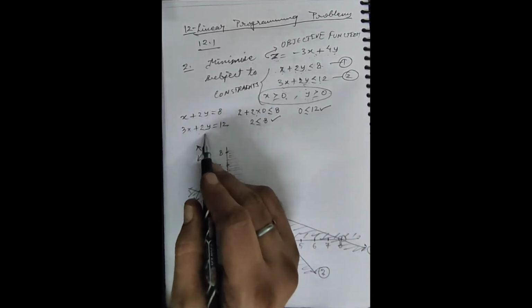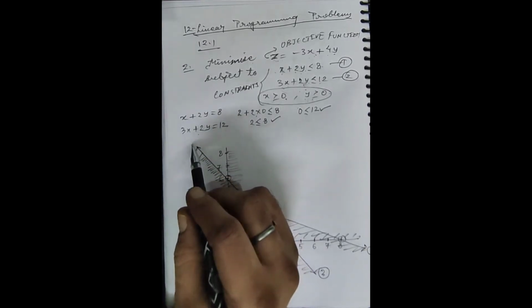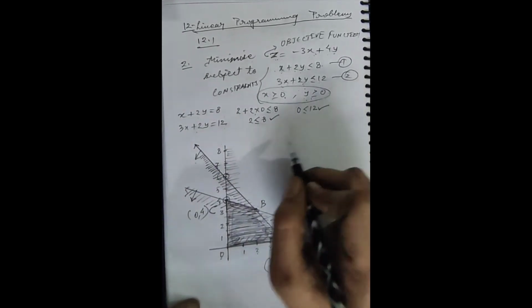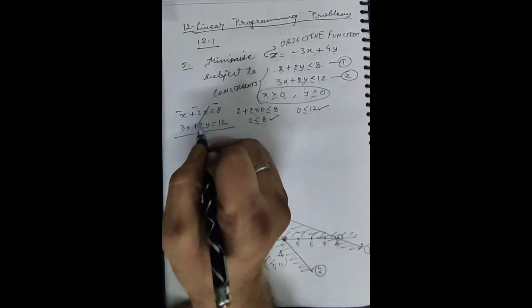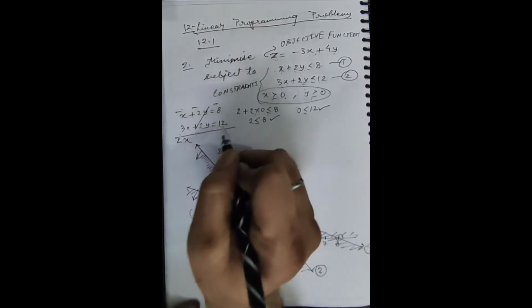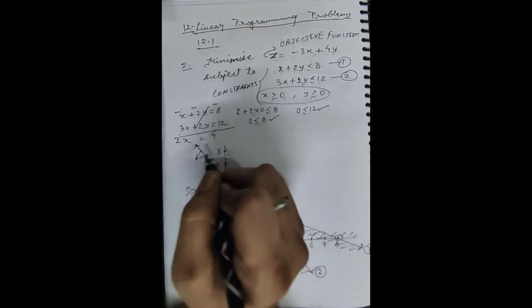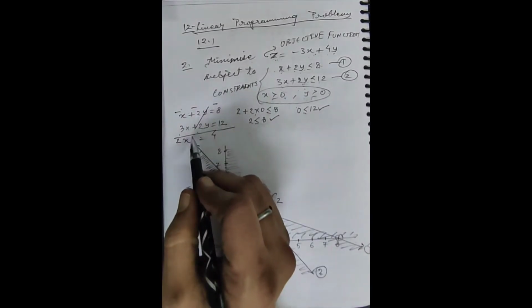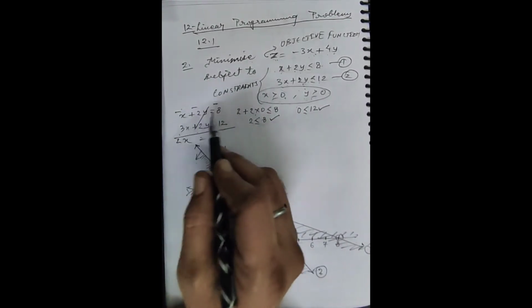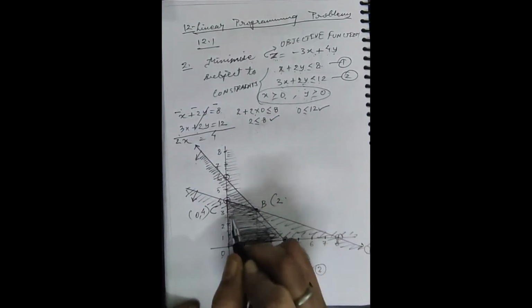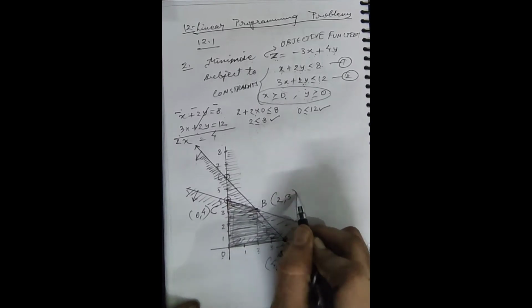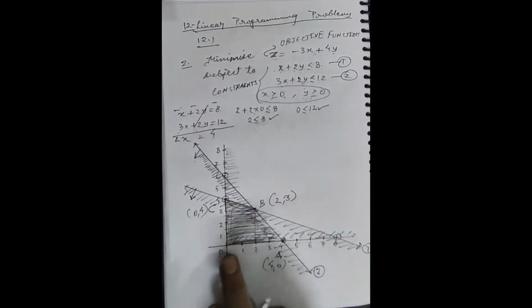And here we get 3x minus x will be 2x. Let me solve for you. If I subtract first from second, sign will be changed. These two cancelled out. 3x minus x, 2x, and 12 minus 8 we get 4. So x equal to 2. Now x is substituted in any of the equations, we get 8 minus 2, 6 by 2, 3. So exactly, we are getting 2, 3. So this way we have obtained 4 corner points. This is 0, 0, A 4, 0, B 2, 3, C 0, 4.